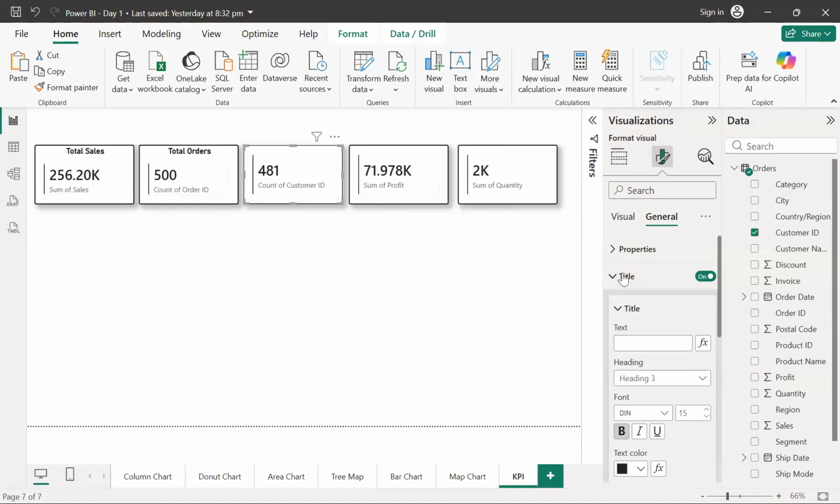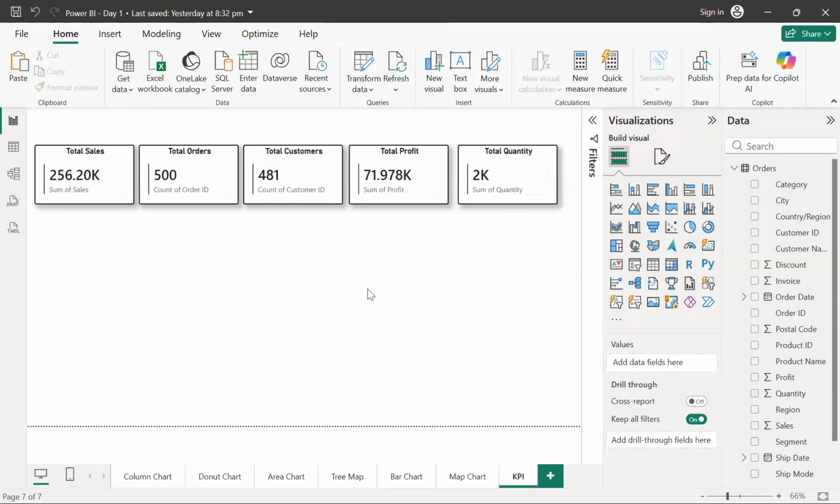Then for the third one, I can simply write it as, let's say, total customers. Okay, then for the fourth one, I can simply write it as total profits. Okay, and finally, guys, the last one, I can take it as, let's say, total quantity. That's all. So now, guys, you can see that you got all the 5 cards over here, and